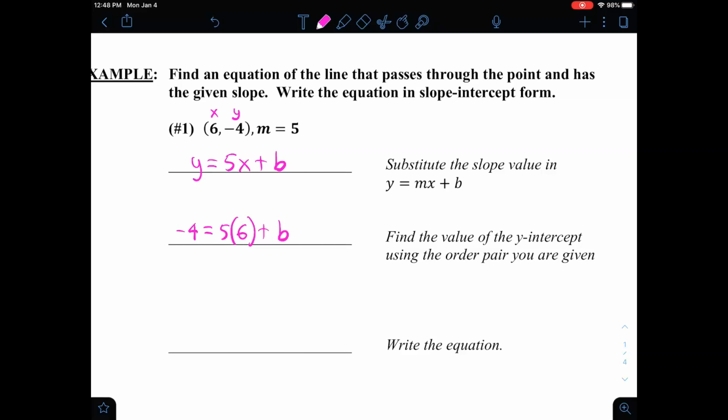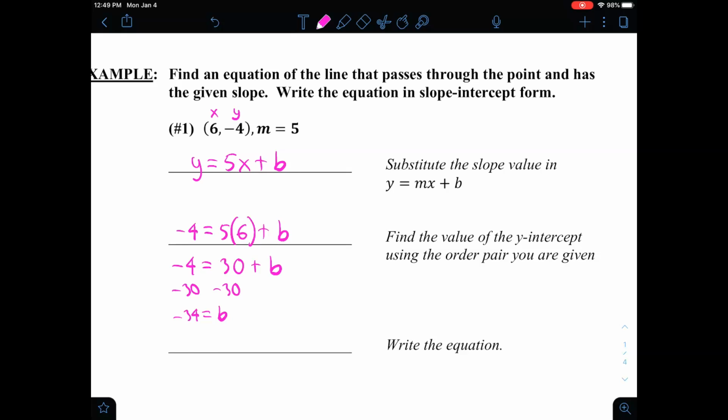Okay. So now we can solve for b. We have to simplify and get b by itself. So what's 5 times 6 going to be? It's going to be 30 plus b. Now how do I solve for b? How do I get rid of that 30? Well, I subtract 30 from both sides. So we get negative 34